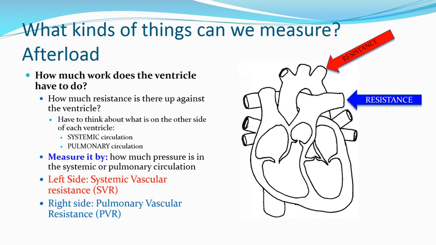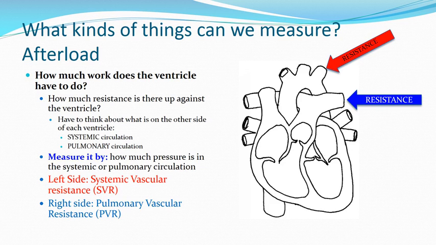Now the right ventricle is pumping into the pulmonary circulation, so it has to pump hard enough to open the pulmonic valve, and then any resistance in the lungs, like pulmonary hypertension, for example, could increase the afterload for the right ventricle. So we call these measures pulmonary vascular resistance for the right ventricle on the right side, and systemic vascular resistance for the left ventricle. If the PVR, the pulmonary vascular resistance, is high, the right ventricle is having to work even harder, thus increasing your cardiac workload. And if the SVR is high, now the left ventricle is having to work harder, again,